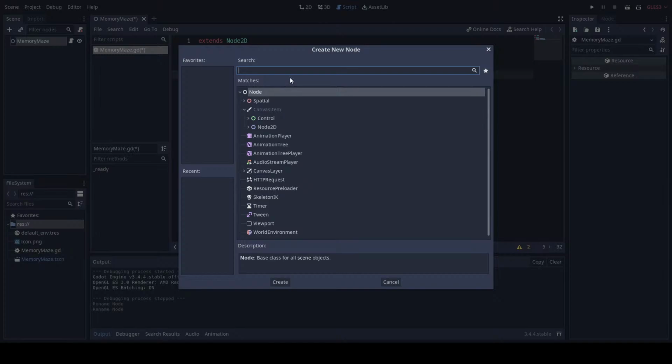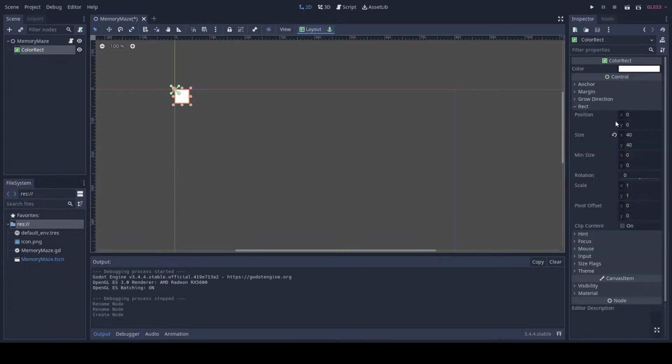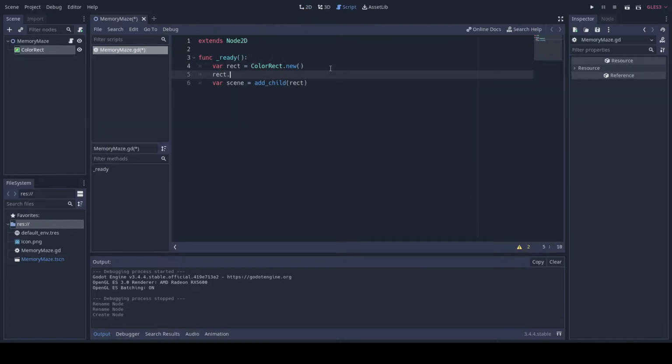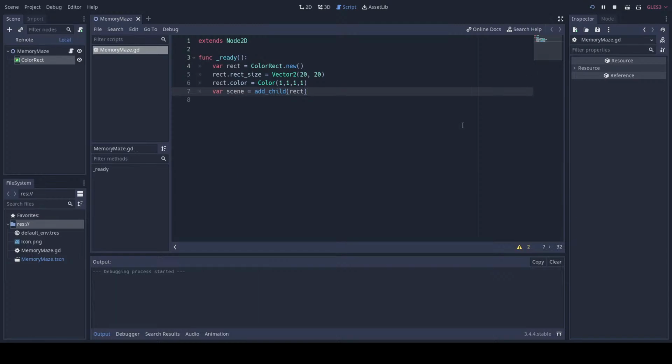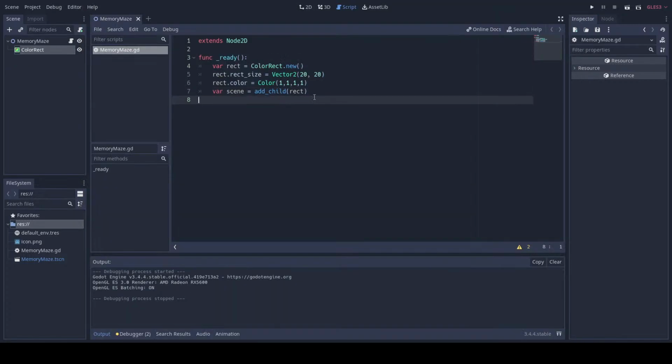Let me check out these properties on ColorRect here. So that has color. It has size, rect size, okay. And then it's, okay, let's try that. See if that works. It does. Alright. Okay, so